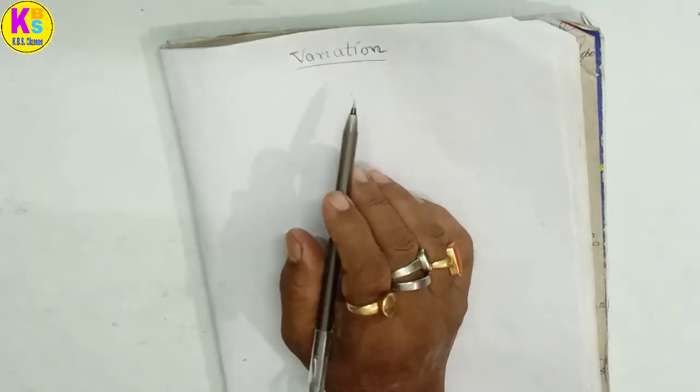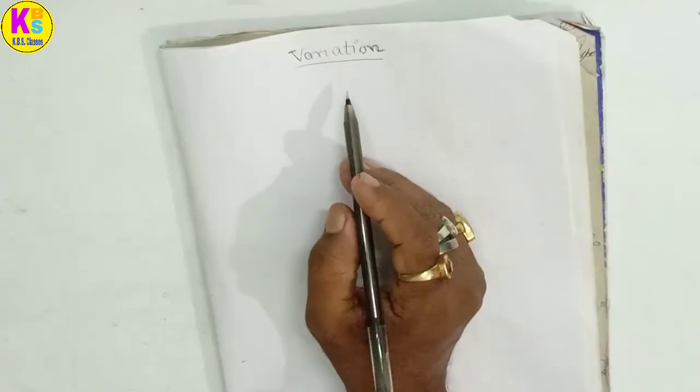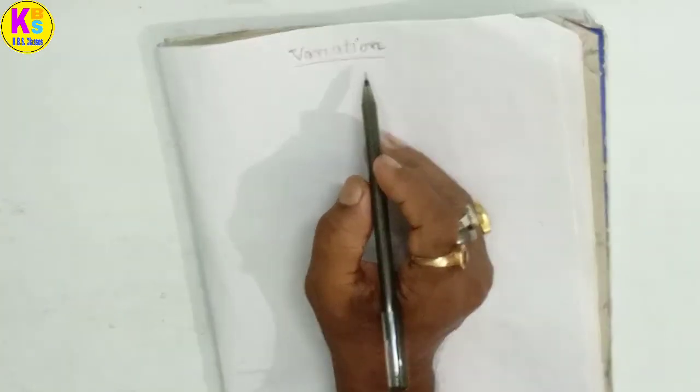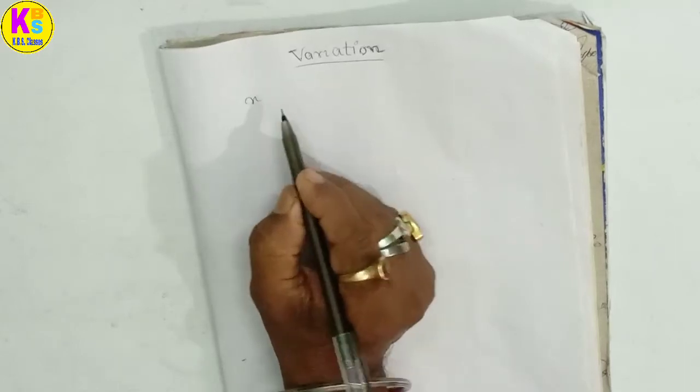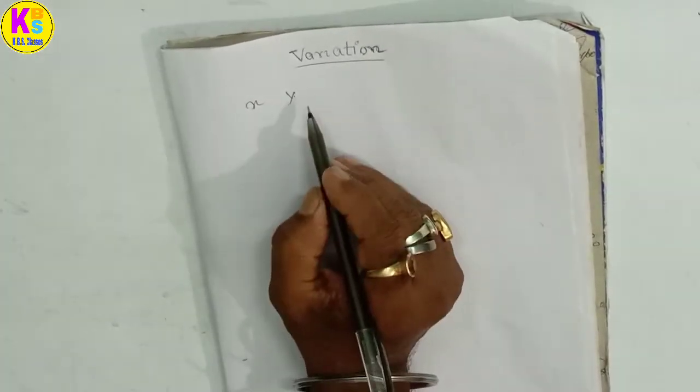Variation means the quantities which change, which are not fixed. So in mathematics we deal with two types of quantities. One is the variable and another is the constant. Suppose x, y, these are the numbers which have no fixed value, and so they are